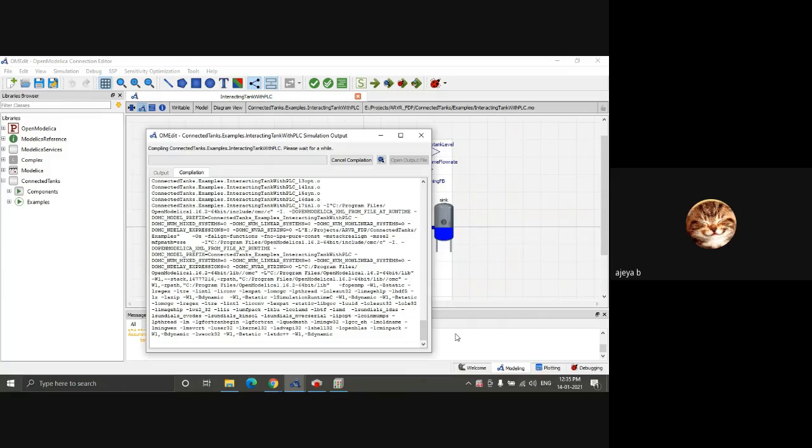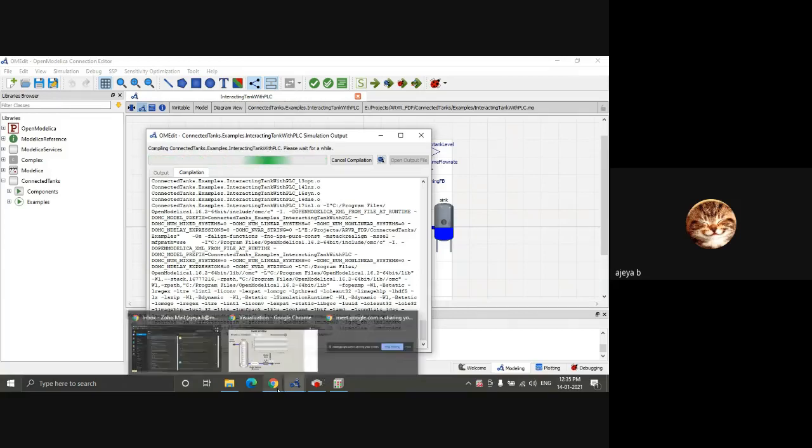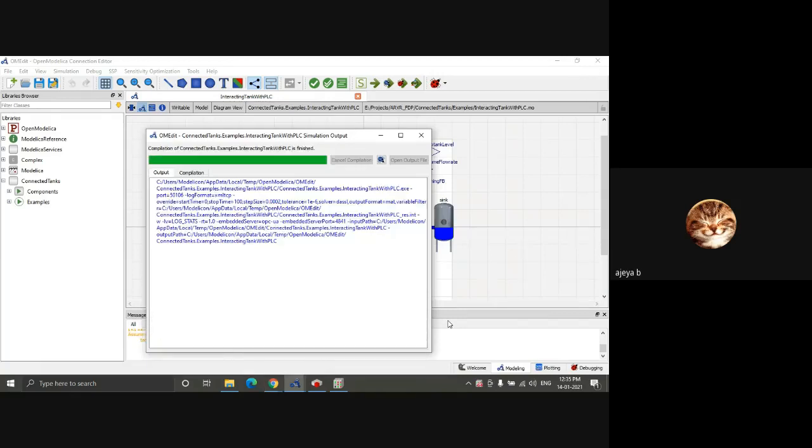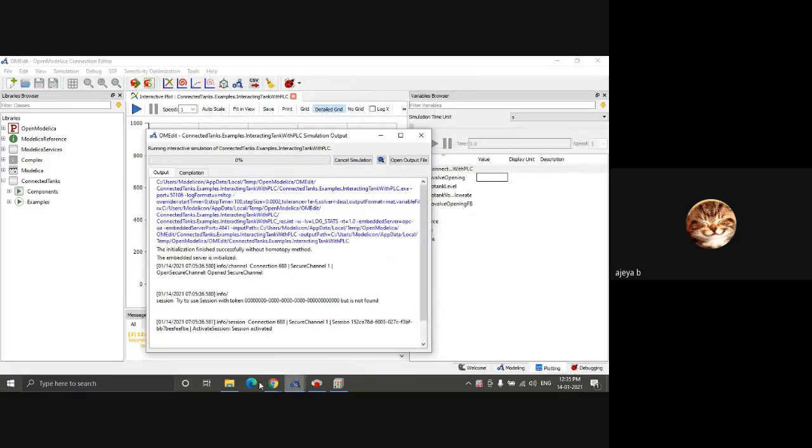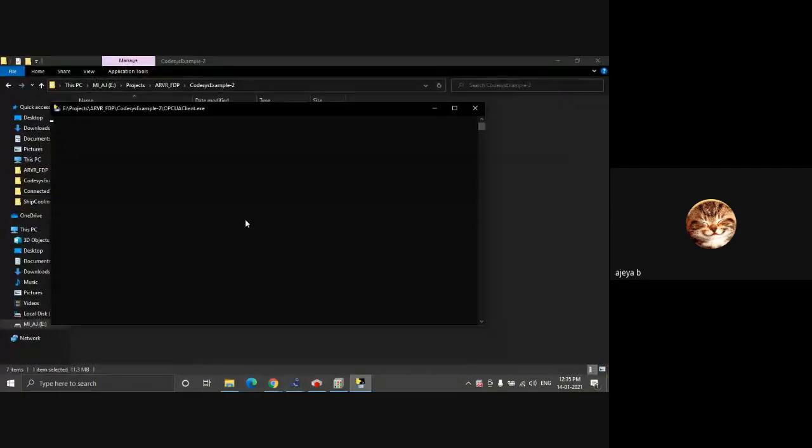I'll run the script again. It says script is started. If you see the web visualization right now, it will have the default value.